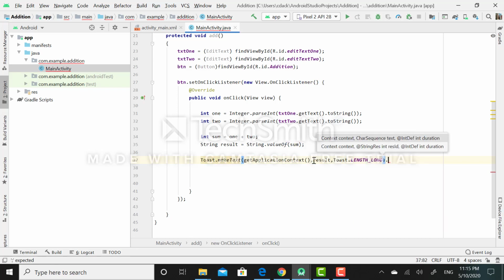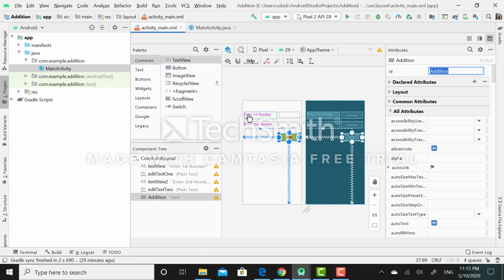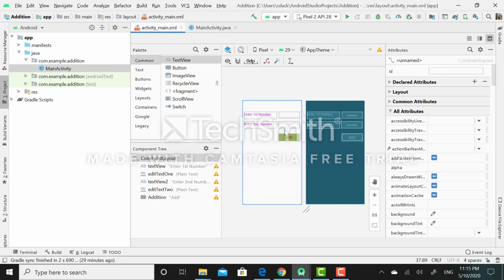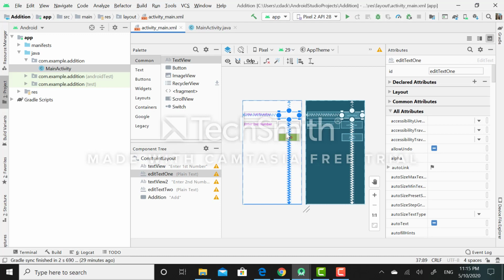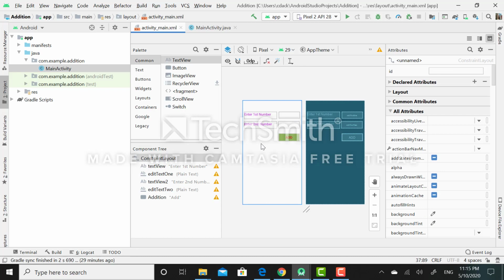Then finally I am supposed to call show method to display the addition of two number on the text. So to make sure whether it perfectly performs the addition of two numbers, I am supposed to run this program on Android emulator.